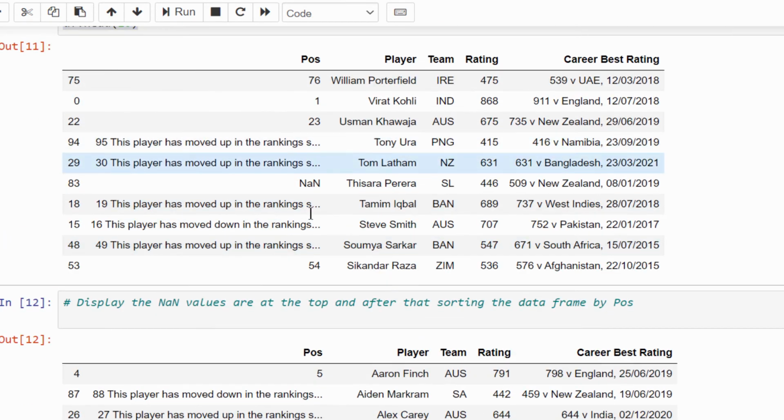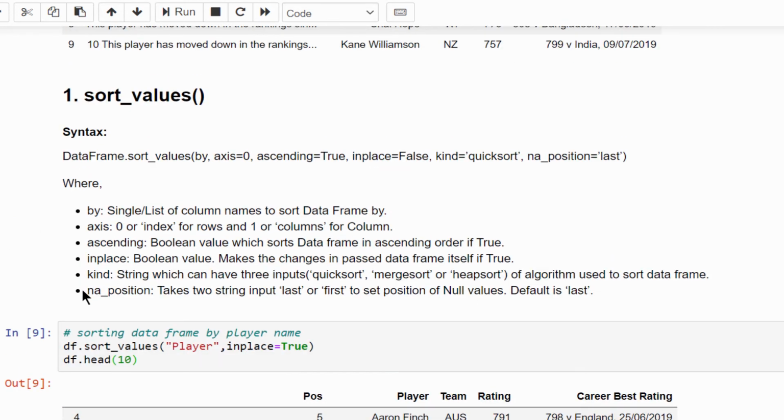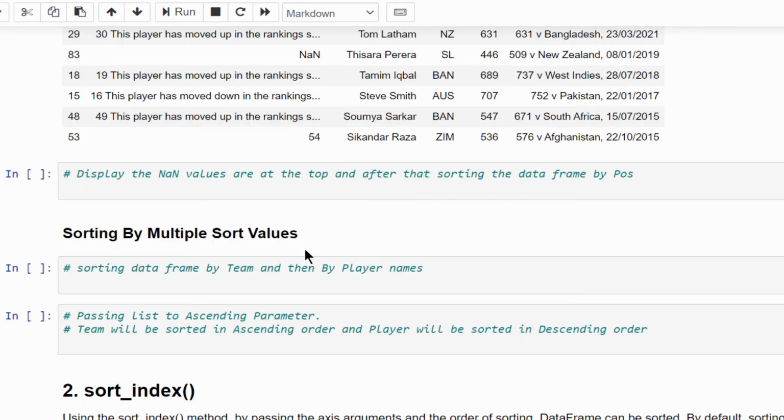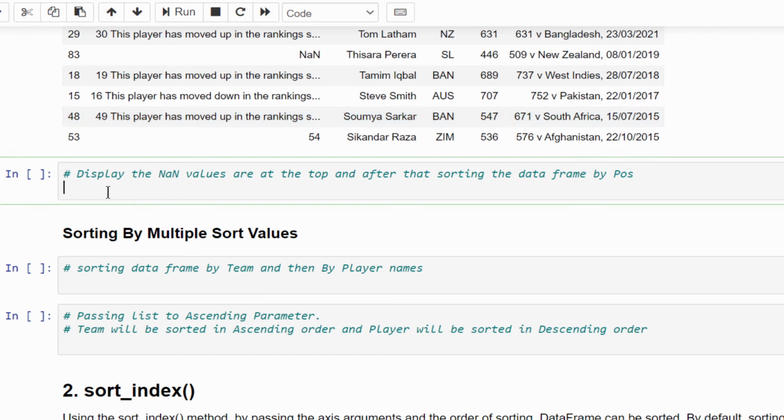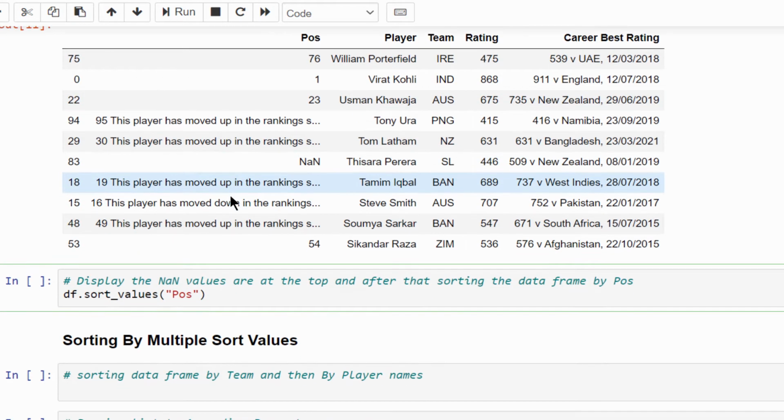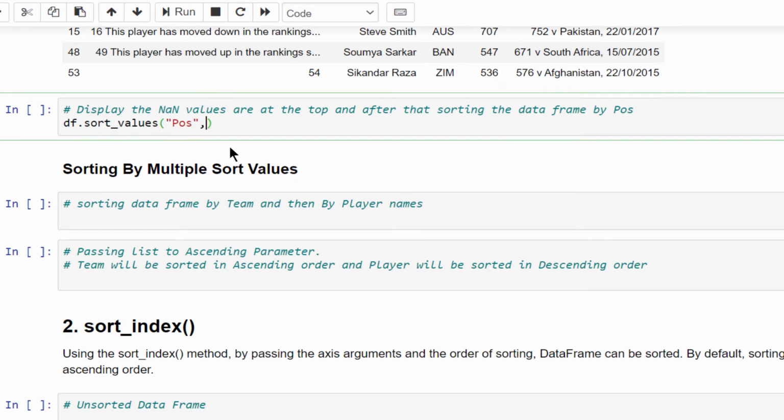Okay, now we will learn about one more argument, na_position. For this example, let's consider the POS, position column name. Same way, df.sort_values, then POS, position, comma, inplace equal to true.